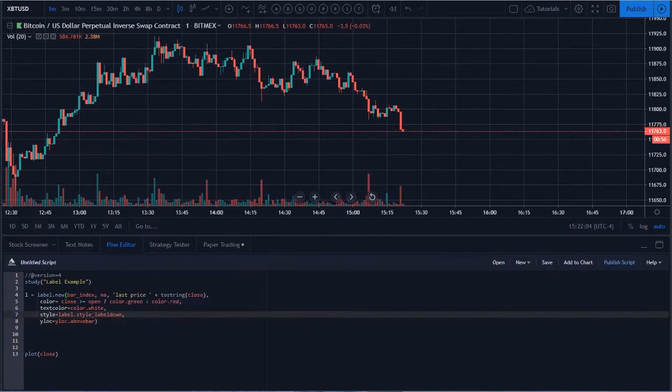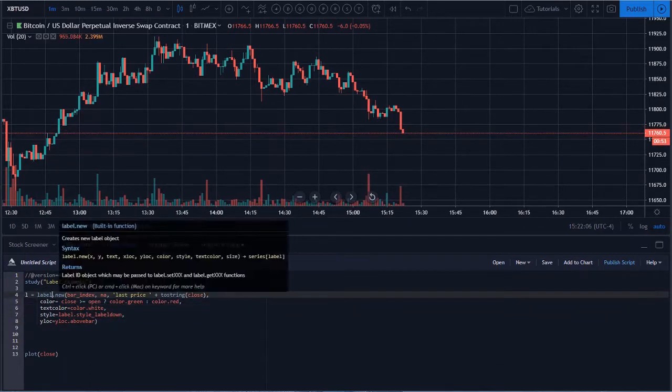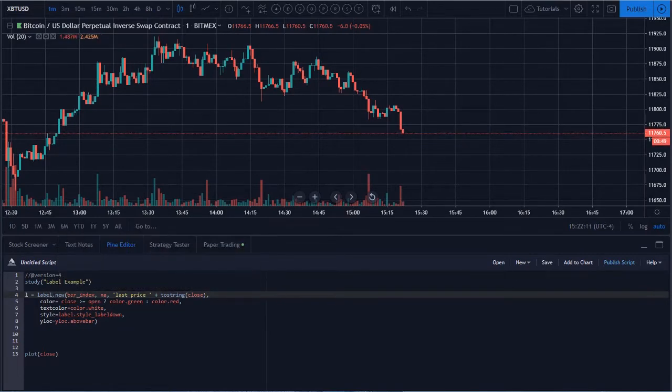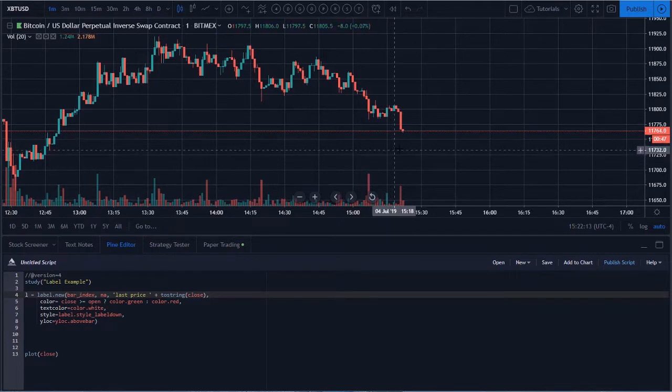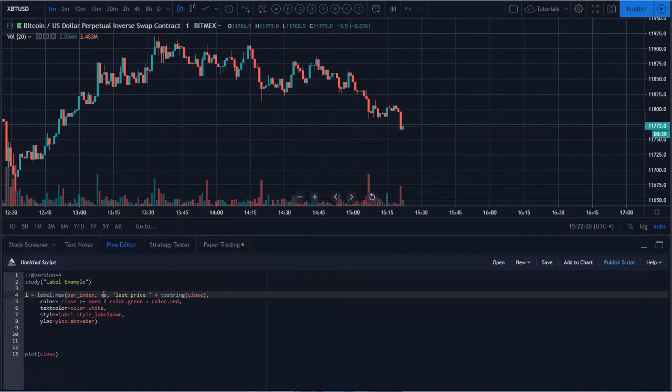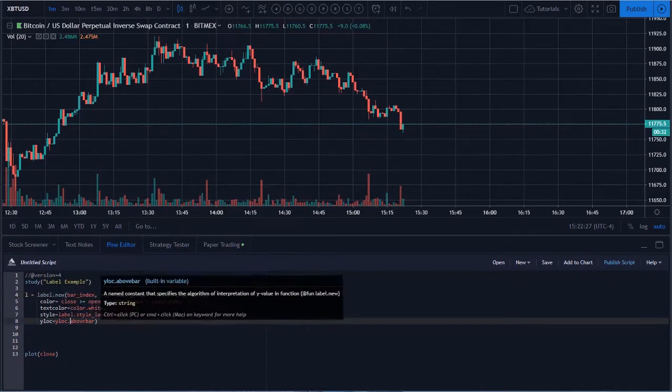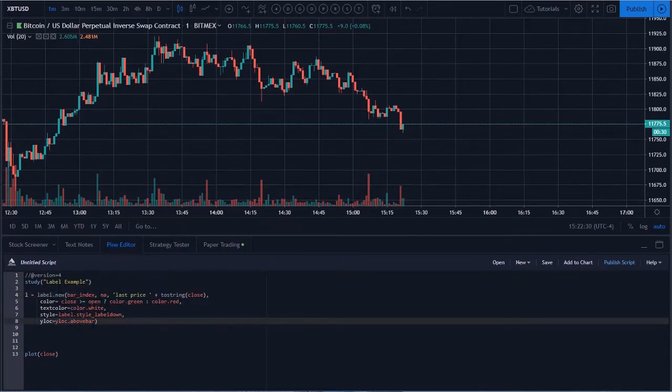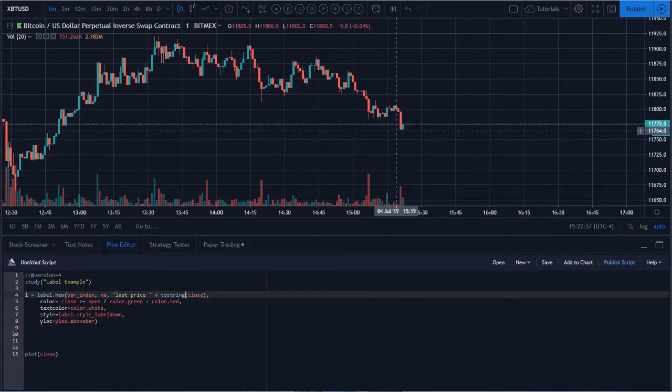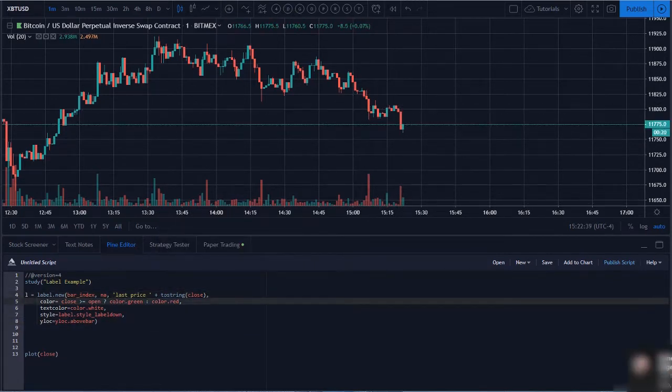All right, so just to go over it again really quick, we're creating a new label. It has the x coordinate, or x value, as bar index, so it's always going to be at the position of the most recent bar. NA for the Y location, because we're not really calculating the Y location, we're just giving it above bar as the location. The next argument is the actual text to display on the label, which will be